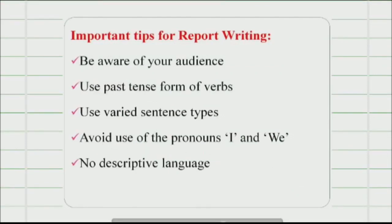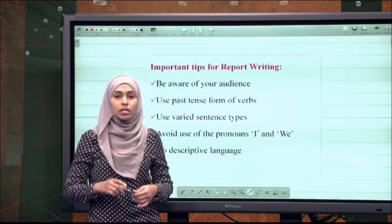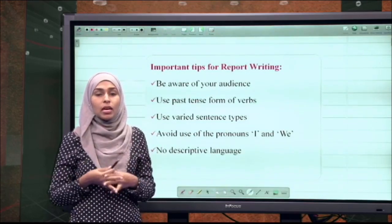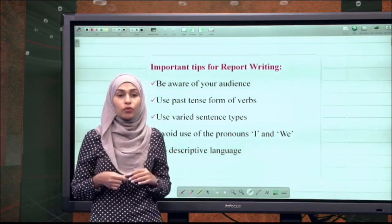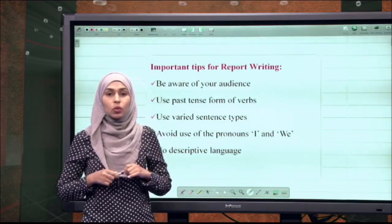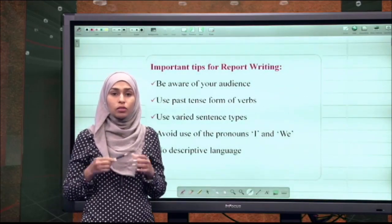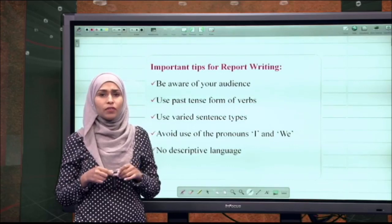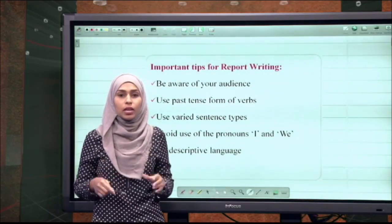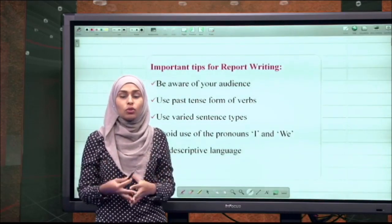Avoid use of the pronouns I and we. Now, this one is a very touchy one. Some teachers allow it. Some teachers don't. They try to tell you refrain from it. I am one of those. I will tell you to refrain from using the pronouns I and we. Now, I will not say that you are penalized 100% for it in report writing, so for SCA, but you have to be very careful, as the workshops that we have been to and all the information that has come back from the ministry itself, they are telling us to tell students to refrain from using the